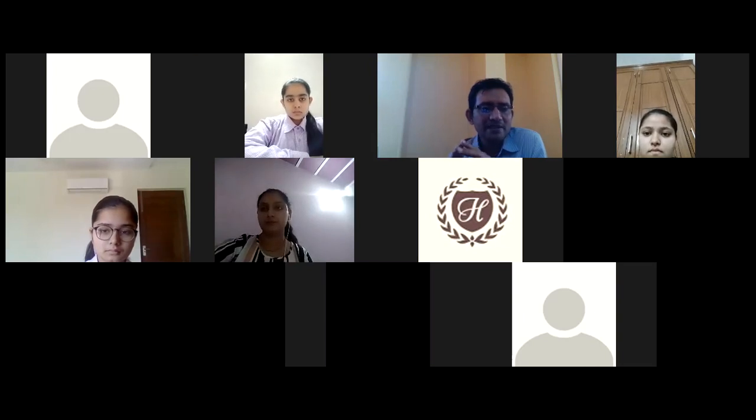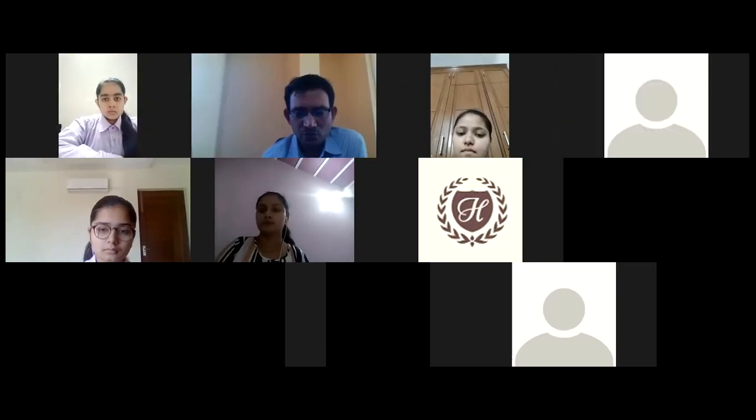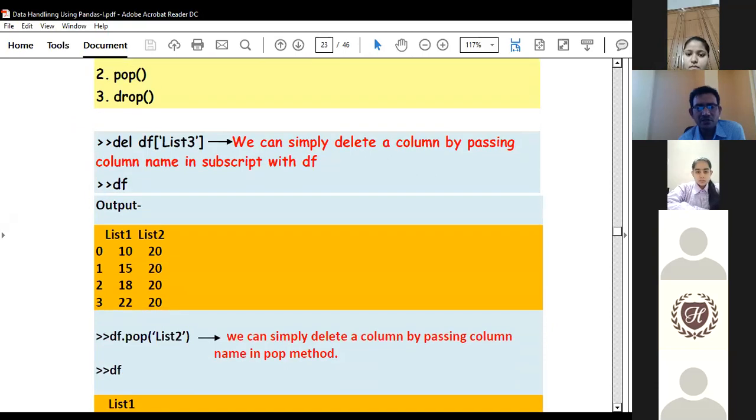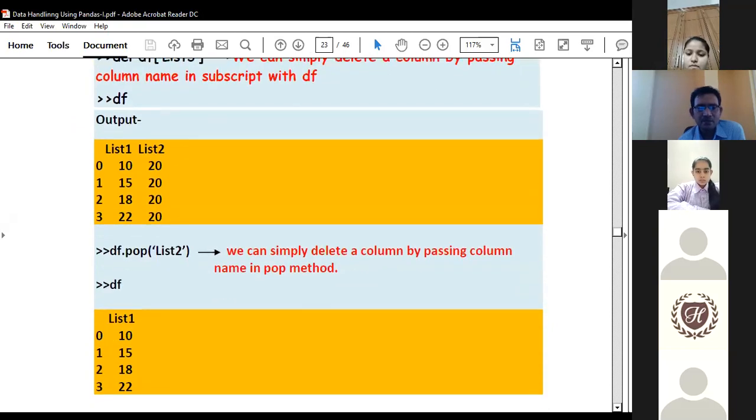And one more aspect is that with del and drop, we make changes in the current data frame. But whenever we use drop, we have to assign the result to a different data frame, because it doesn't work on the current data frame that we have. So we will have to assign the result to a new data frame. These were a few things, and this method needs a lot of practice also. If you think it is covered in one class, we have very different permutations and combinations by which we can apply this method. Is that clear?